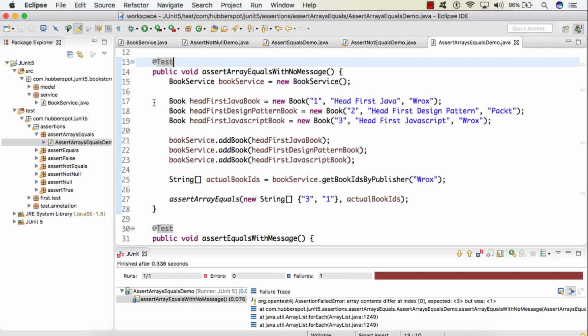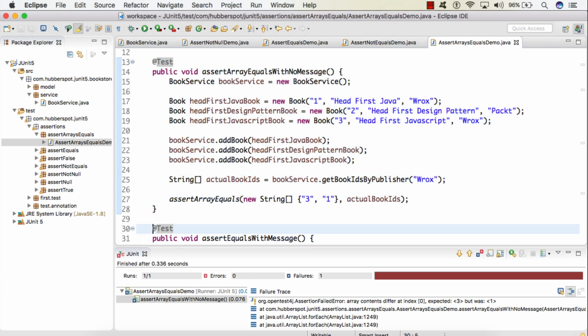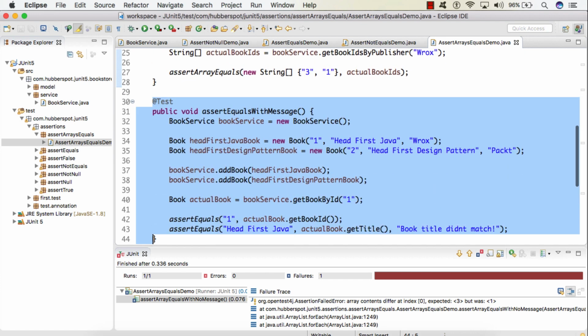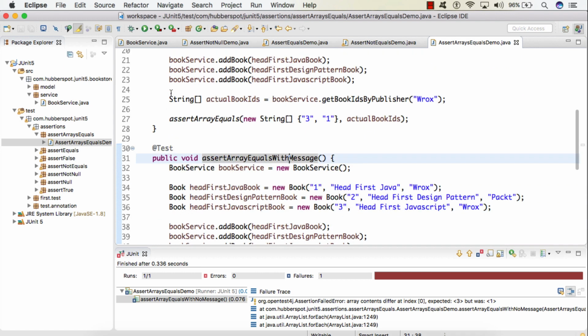Now let's see the second assertArrayEquals overloaded method. So I will just copy this test case. I'll give a name to it as assertArrayEquals with message. In the second test, the scenario is pretty much similar to the first test case.